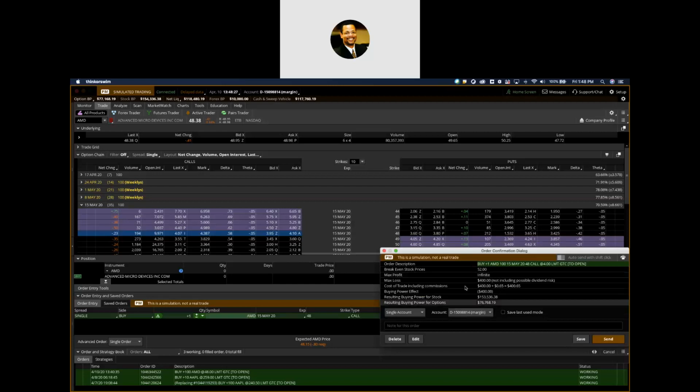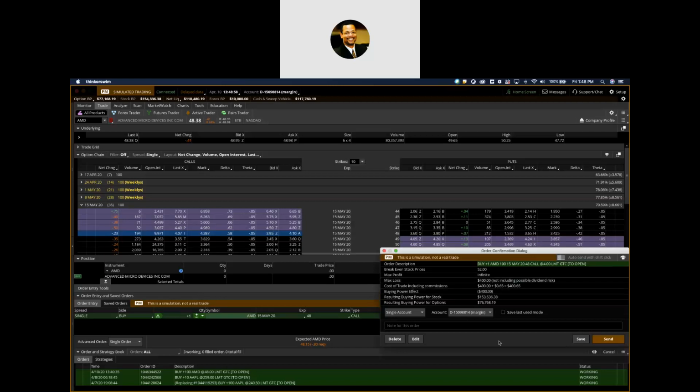So even though you've established a target of 59, as long as this underlying stock price is going above 52, you make money. All right. Your maximum loss is $400, which is 4 times 100. So $4 a share times 100 shares is $400. Way cheaper. I could buy a lot more of these, right? So I could buy a lot more of those with what I spent on the other one.